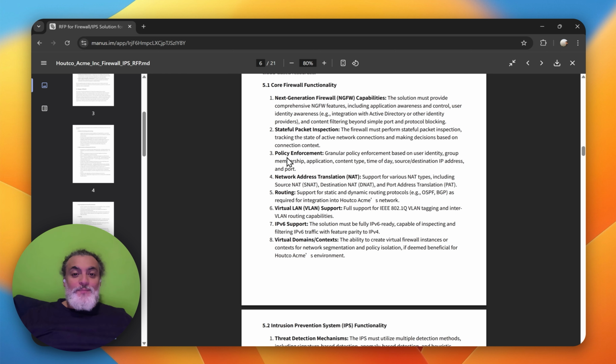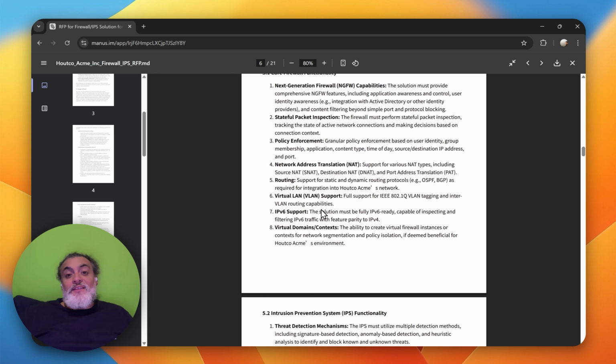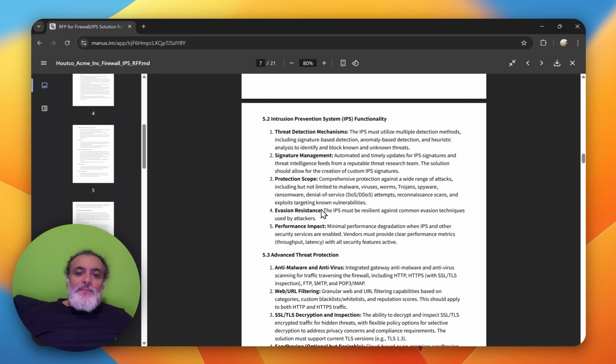Of course, it's gonna have net policy enforcement. Okay, I mean, what it's saying here, this should be a no-brainer for any firewall solution, but it's good to keep it there. Signature management, yeah, protection scope,